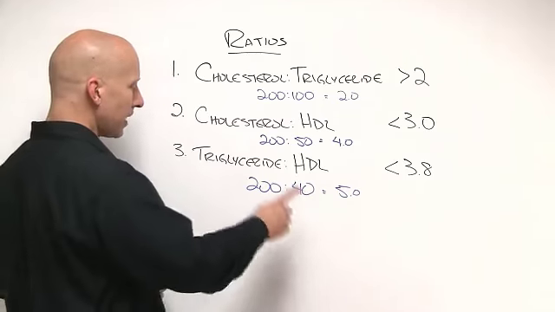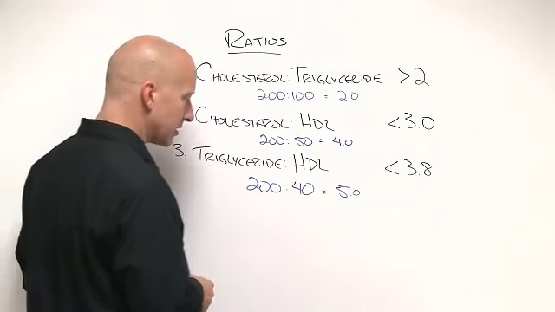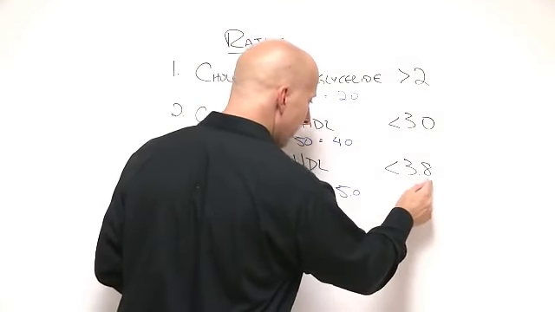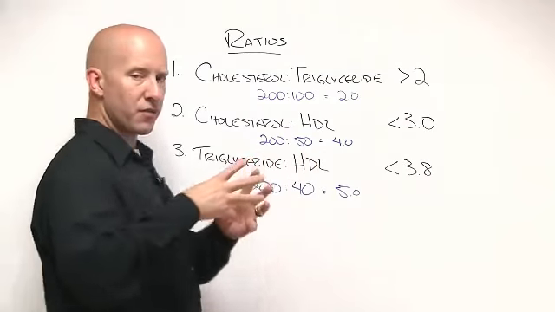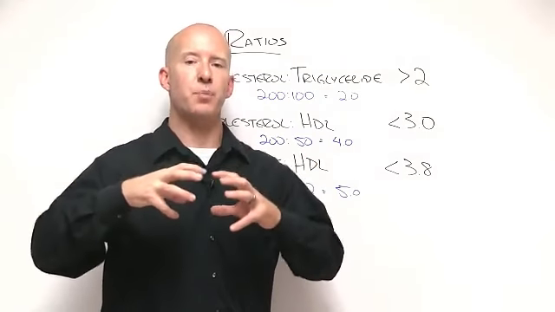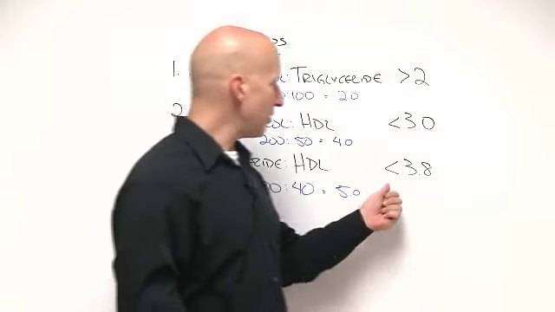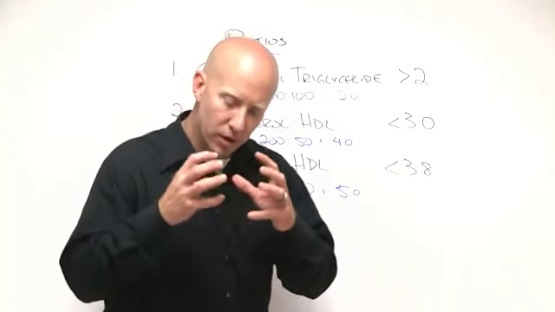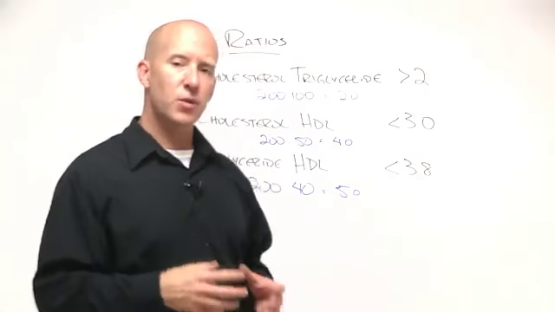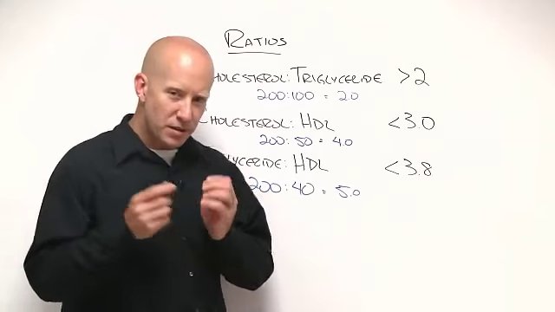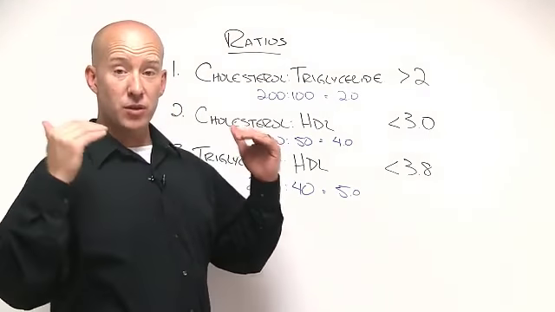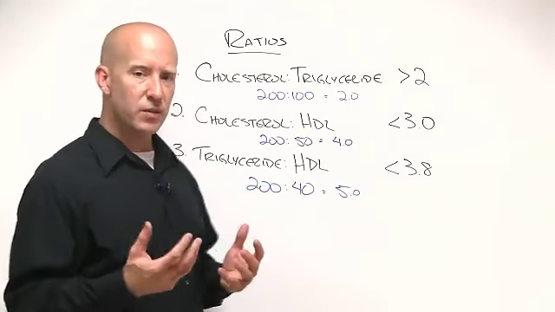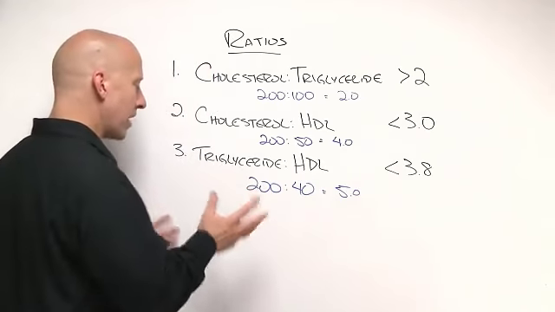In other words, if the triglyceride-HDL ratio is less than 3.8, they are thought to have the larger, more buoyant, more protective LDL particles. The more above or greater than 3.8 it is, the smaller and more dense the LDL particle size. So again, particle size matters to some degree, not as much as the total particle amount, but you don't even really need to run the particle size, even though these labs are available,